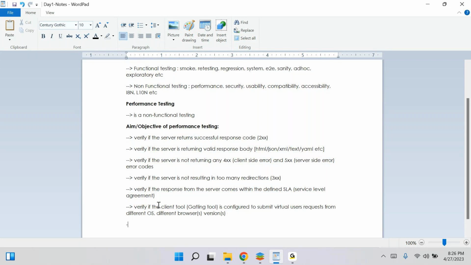Then moving further, obviously, we'll have to decide the ramp up strategy, the virtual users strategy from the client side, which means how many users should I be creating and what should be the ramp up period for these users so that they hit this server. So that also is something that we have to aim. So I'll say verify the ramp up strategy and the virtual users count and configuration details